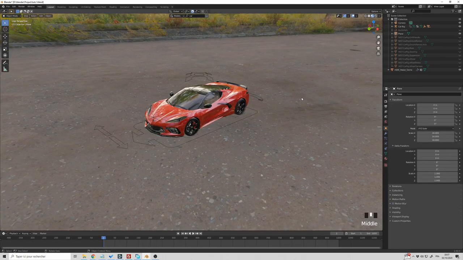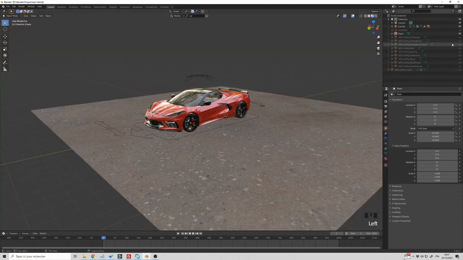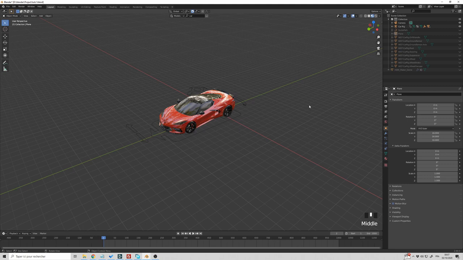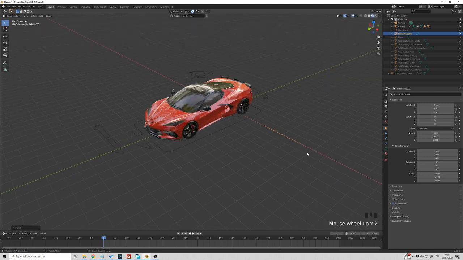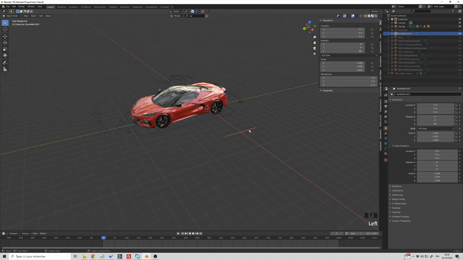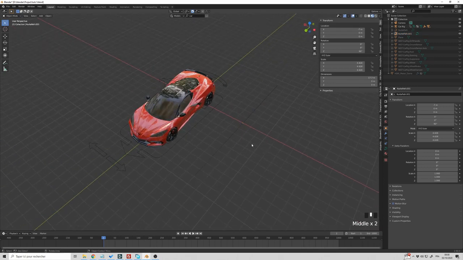Okay, first of all, I'm going to hide the dome and also the plane, so we have a better view. I'm going to animate the car. We are going to add a curve path, and we are going to use this path to move the car. Okay, this path is here. Let me rotate it, and I will do a rotation on the Z-axis. I think 90. I'm going to scale it like this. I don't need a lot more.